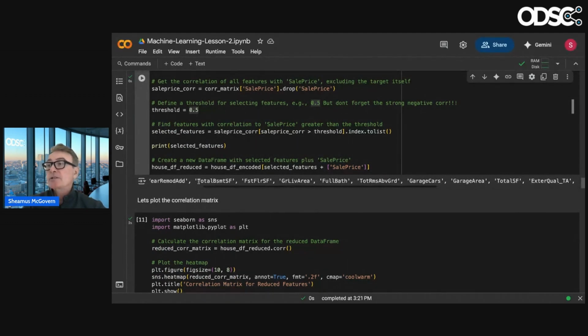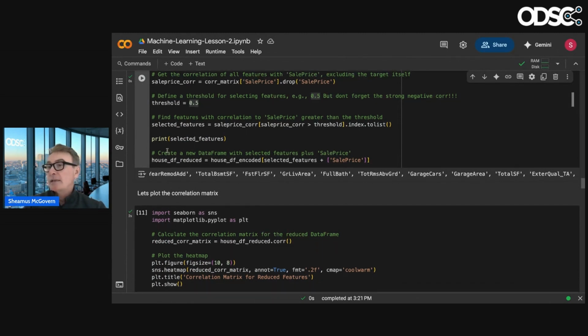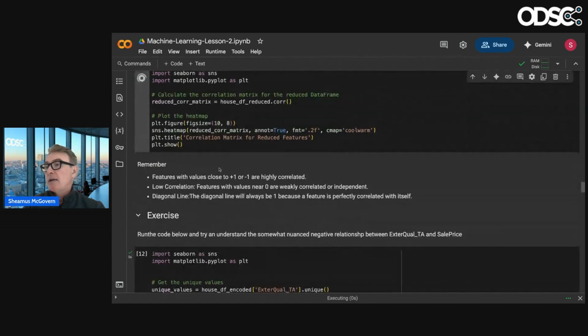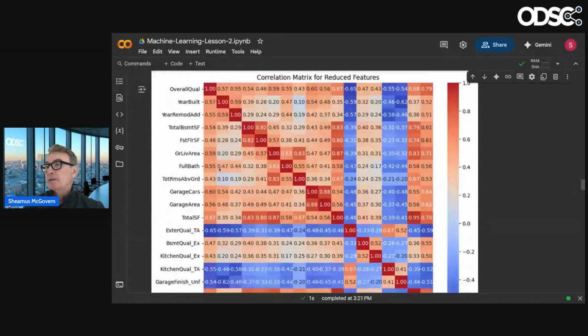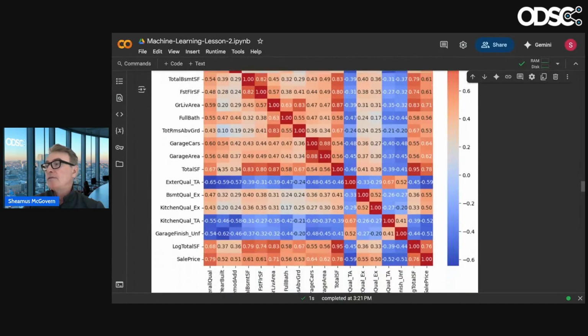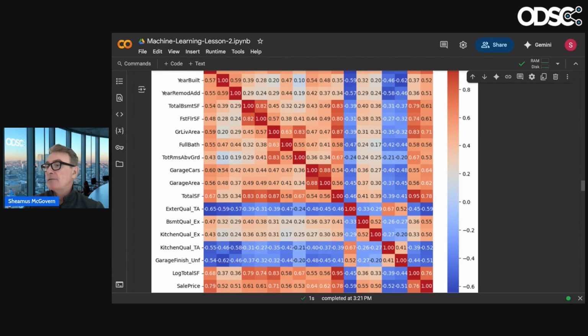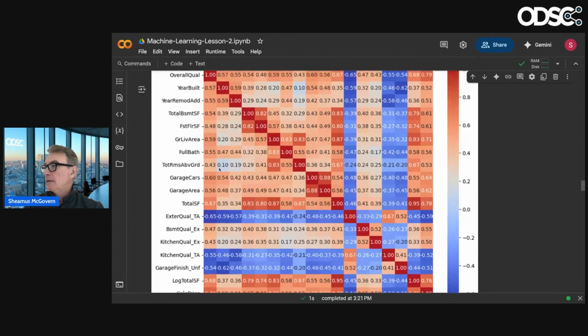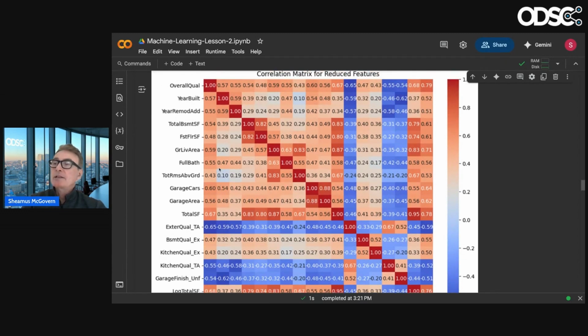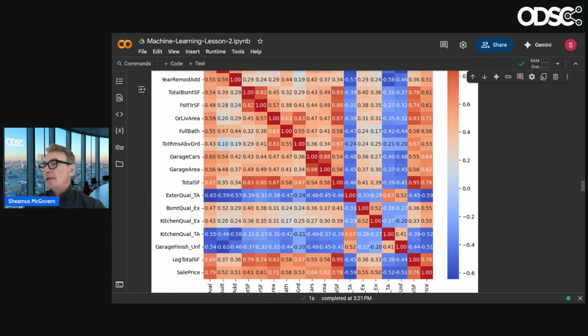So we've done feature selection, and we did it in a very, very simple way. It's kind of crude. So what does that look like? It looks like this. So not a whole lot of features, but we believe these are the strongest positive and negative correlation. Because you want both, right? You want the ones that are strongly positively correlated and strongly negatively correlated.